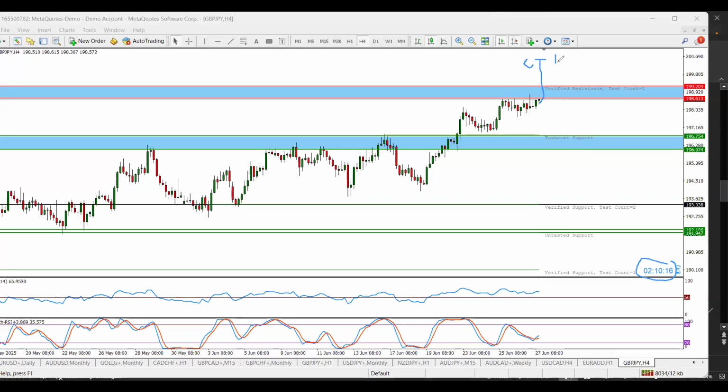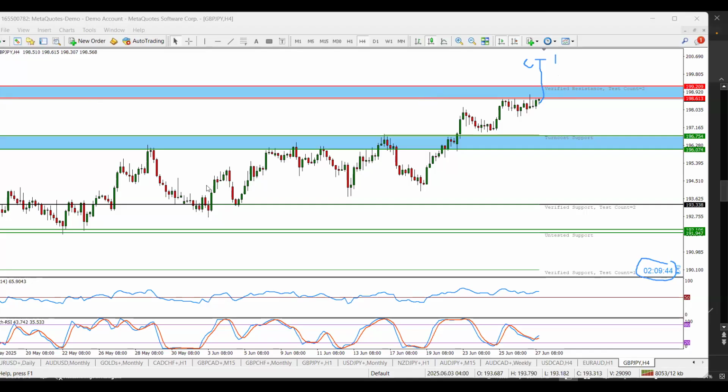Then another candle has to open above it. Break and close. I did not say just break, because a candle can break and it can be a false breakout. So it will break, but it will not close above, it will close below, right? So you don't want a false breakout. You want the candle to break and close. Once it breaks and closes, the next thing you want to do,